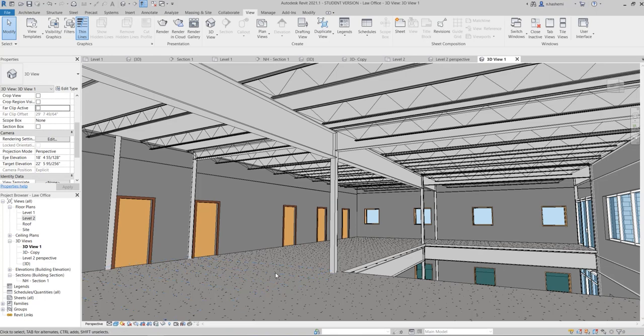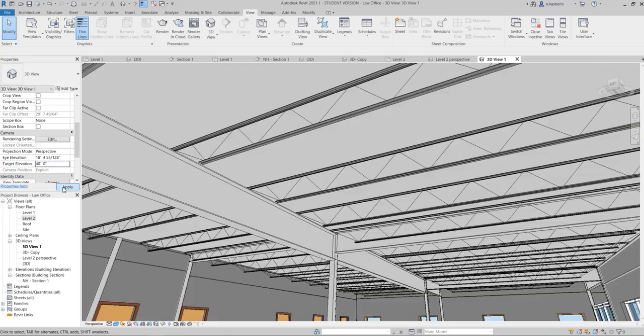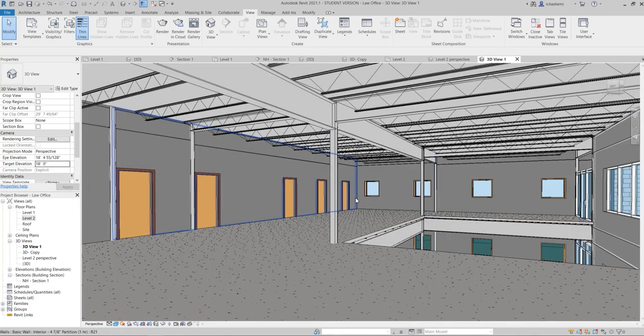This is your eye level, and this target elevation is the level of the target you are seeing right now, okay? So if you increase this one to, for example, 40 feet, you can see that I'm looking at just the roof. Or if they are at the same level, then you are looking just forward, okay?